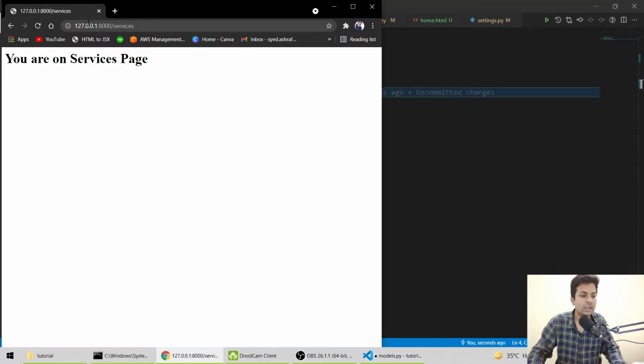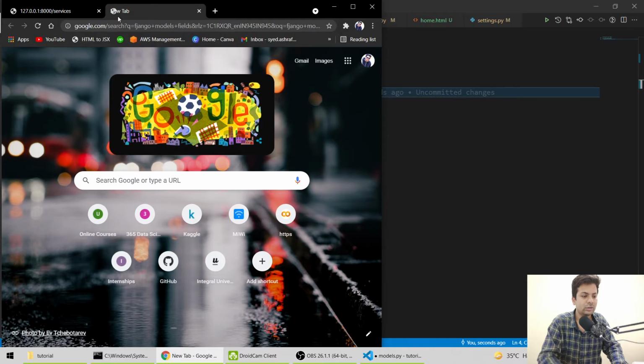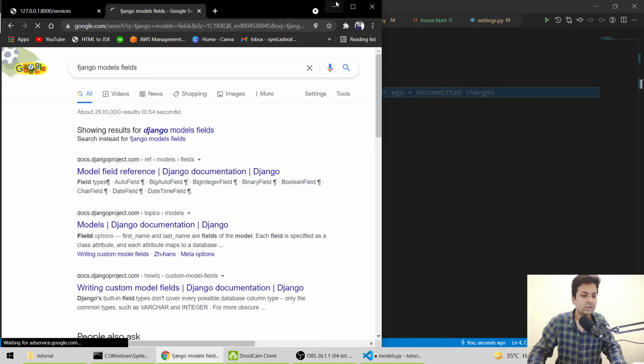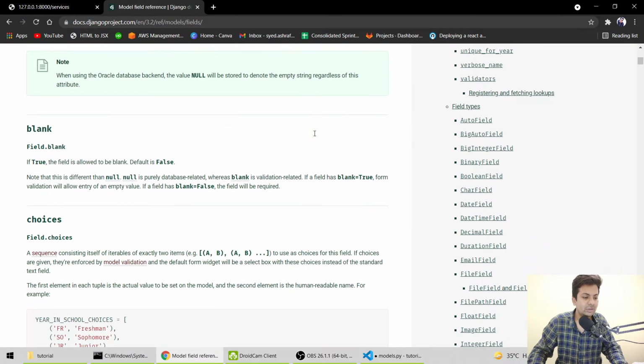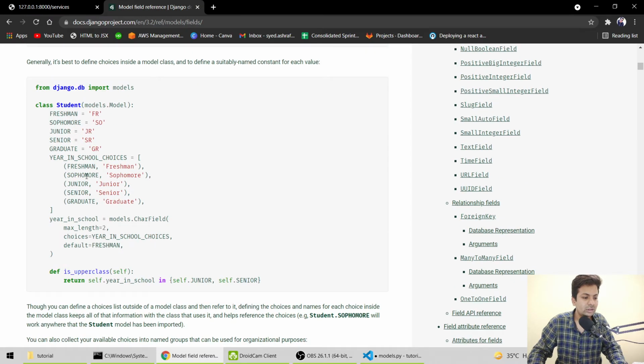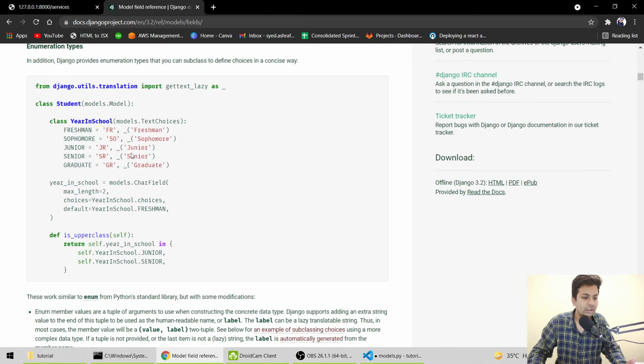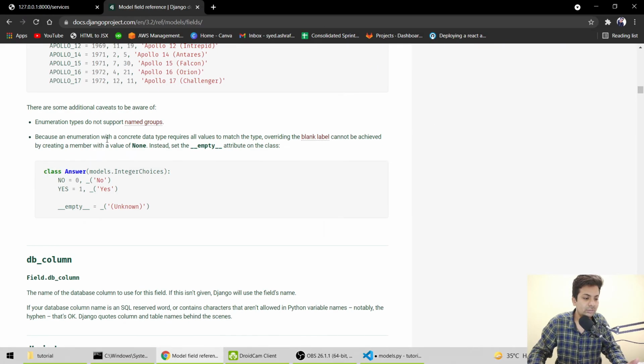You can just Google it, let me search Django models fields. You can come here and check, there are multiple fields, like null, blank, choices. You can check out which field you need. There are so many fields.